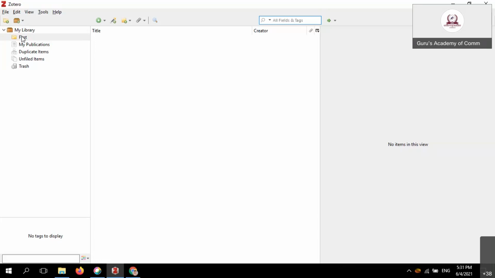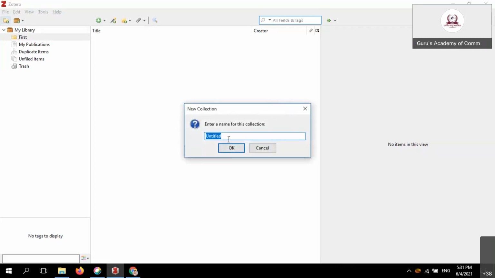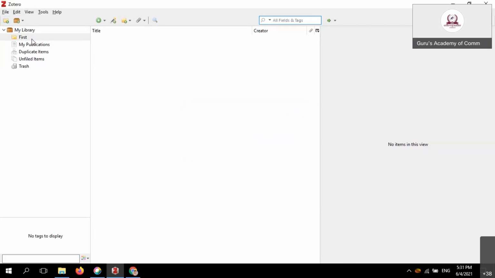So in these aspects, you make it clear that one directory has been created. The directory creation is from here, in the Library. In this library, one directory will be created. Okay, this is the concept. Please click the particular new collection, give it your name and click OK, so that all the references will be added from here.